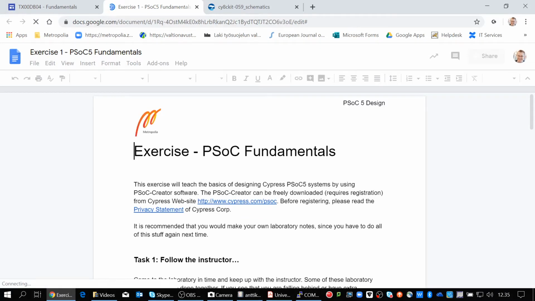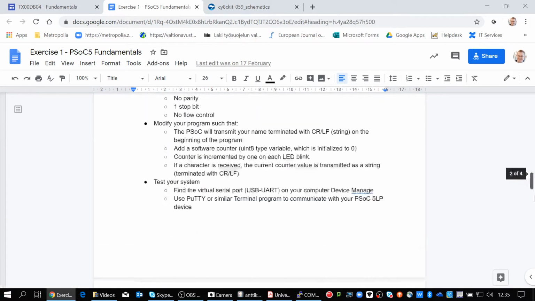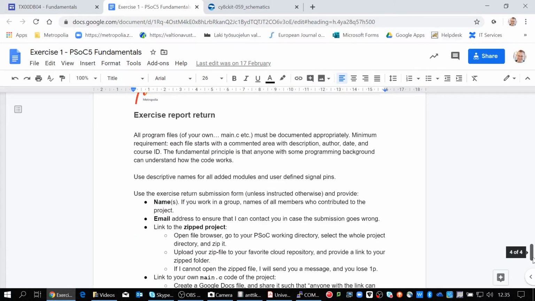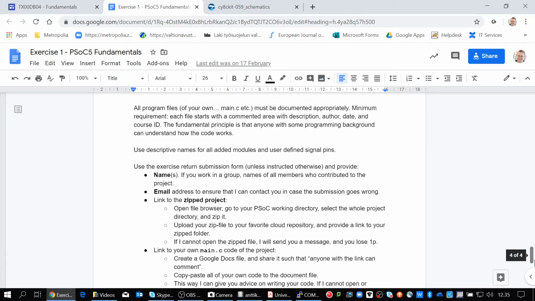Okay, how to actually do the return of the exercise. Let's go down to the last page, where there is the exercise report return. First of all, you must make sure that you have documented all the program files appropriately, meaning this is more or less